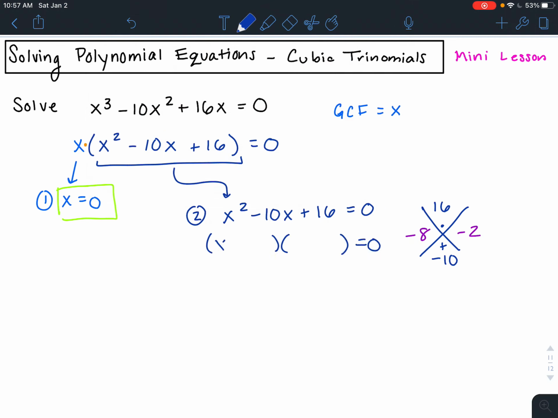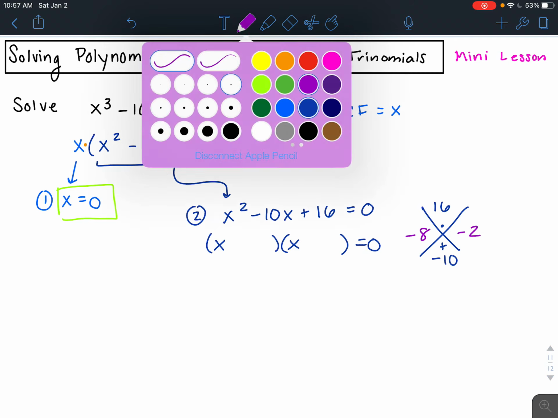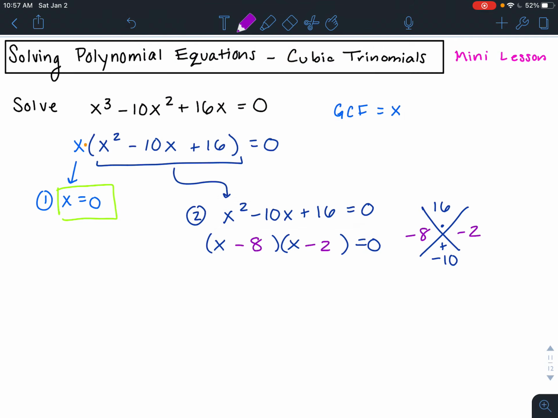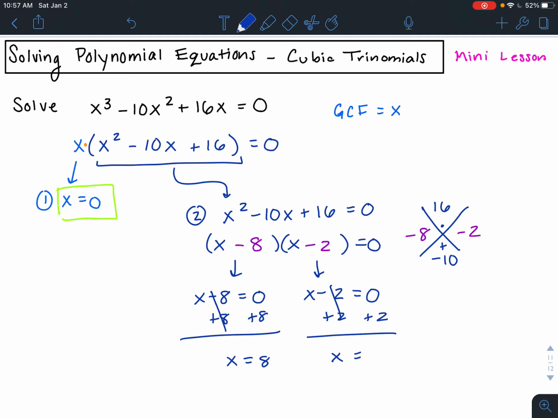Since my a value is 1, I can jump straight to my factor groups. I put my variable in there, and then I get x minus 8 and x minus 2. Then we're going to set each of these equal to 0 to solve for x. Here I would add 8, so x can equal 8. And here I'm going to add 2 to cancel it out on the left, so x can also equal 2. So my total problem overall has 3 answers, which makes sense since it was